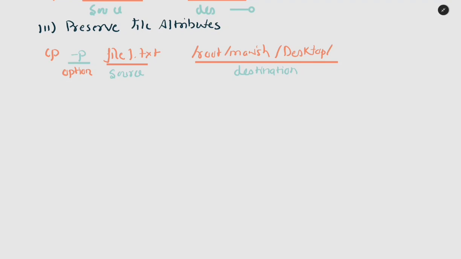So now we will study the -f option. Sometimes when you are copying files, you might want to overwrite files that already exist in the destination directory without getting a prompt for confirmation. So here this -f option is used to do exactly this. It forces cp to overwrite any existing files without asking for confirmation. So for example, if you want to copy this file1.txt to this directory called root Manish desktop, for that we will write